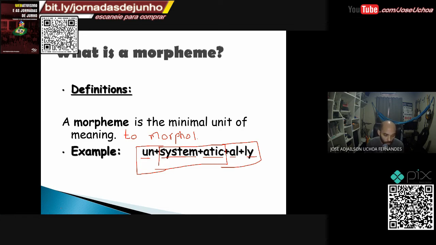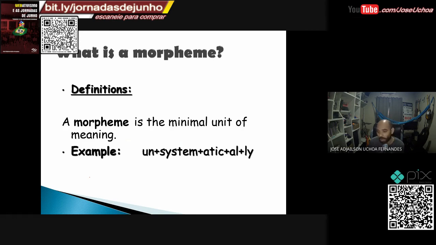This is basically the most basic notions of morphology that you should have. We start from the less complex to the more complex by adding morphemes. It's like building a wall. Yeah, building a house. Okay, you have the house, you have the walls, but inside the walls you have the bricks. Okay, and if you want to be detailist, inside the bricks you have the atoms and so on. But anyway,